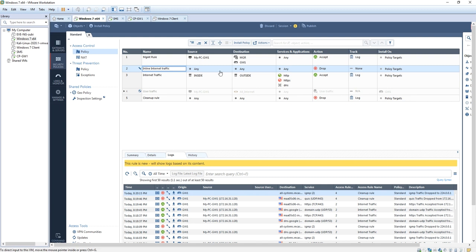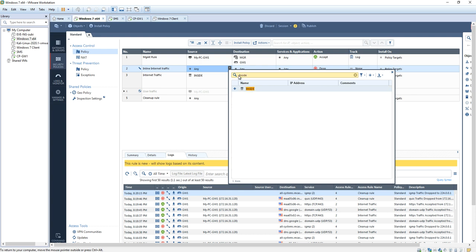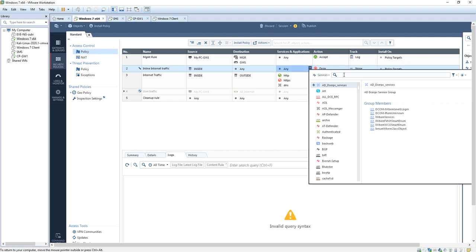And then source I would specify inside, because I have this zone. And then destination I will say any, and services I would say any again. Or else what I'll do is I'll just keep this for DNS,